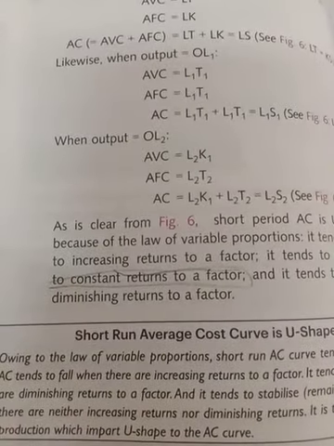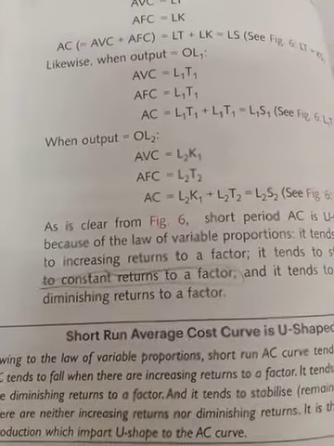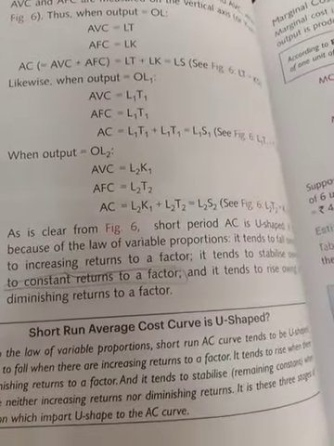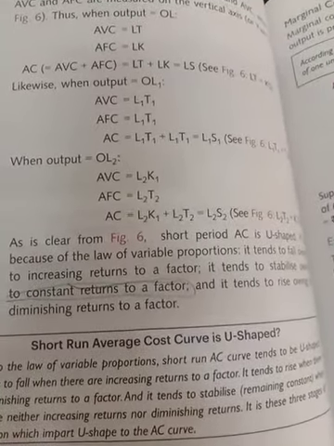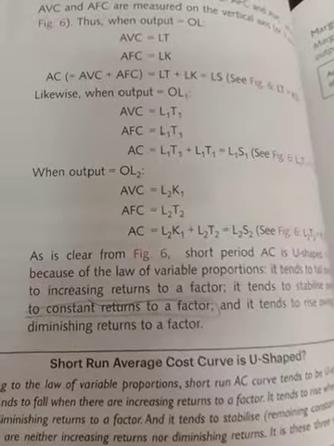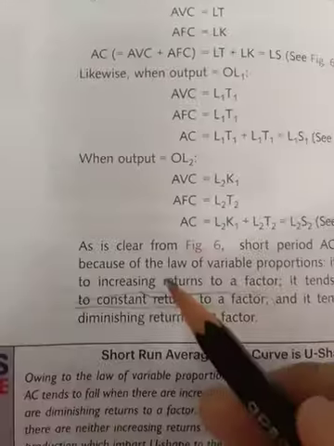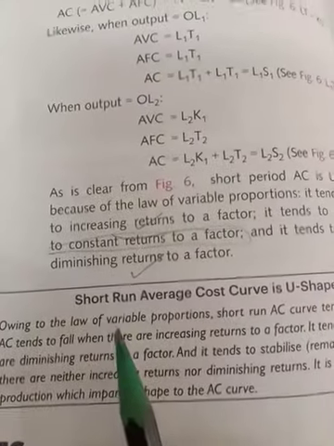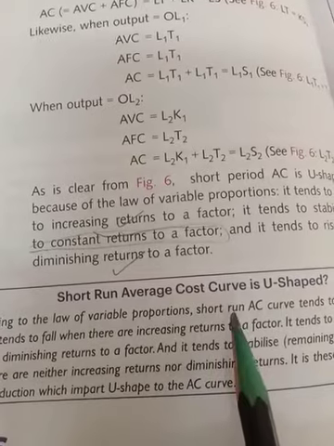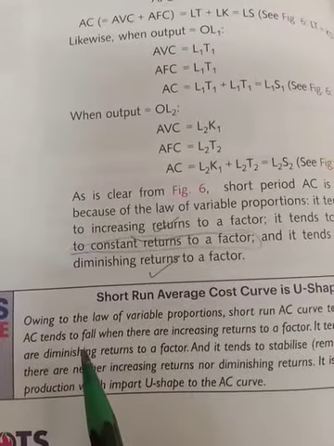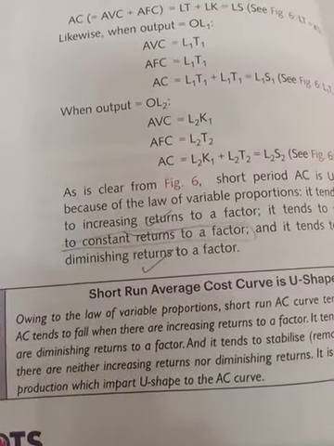Constant returns to factor come basically after increasing returns to factor. In some questions it is discussed and somewhere it is not. Now the next thing is diminishing returns to factor, which is the reason for the rise in average cost. So here you can write these two phases also, that will be okay for you, right? Now, the average cost curve is U-shaped. Why? Because of the law of variable proportion. This is what to write here.